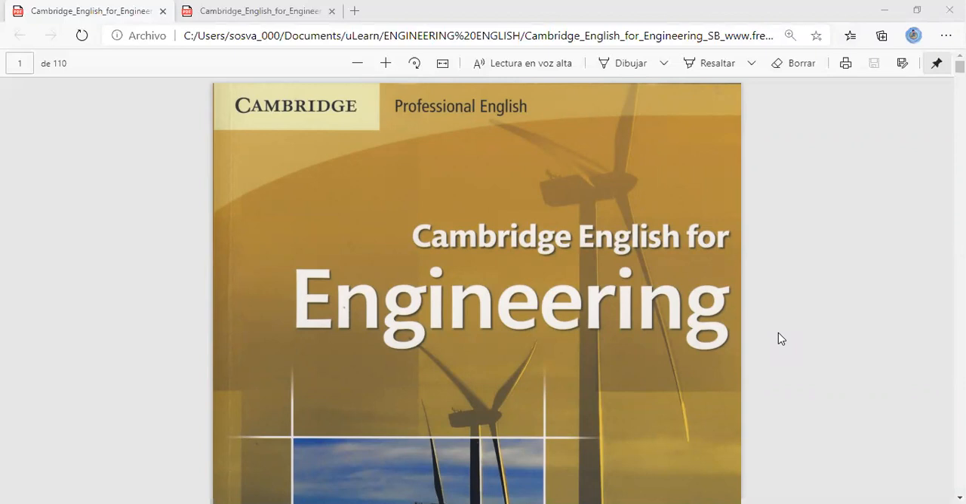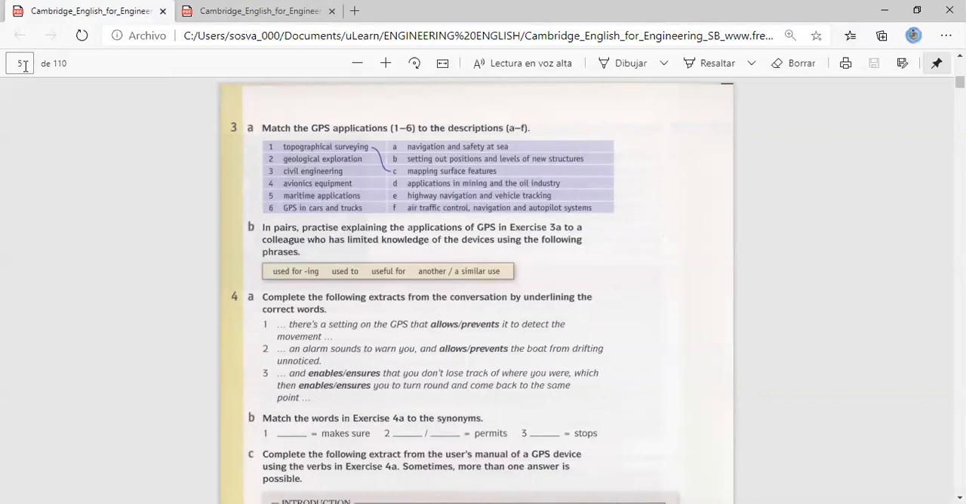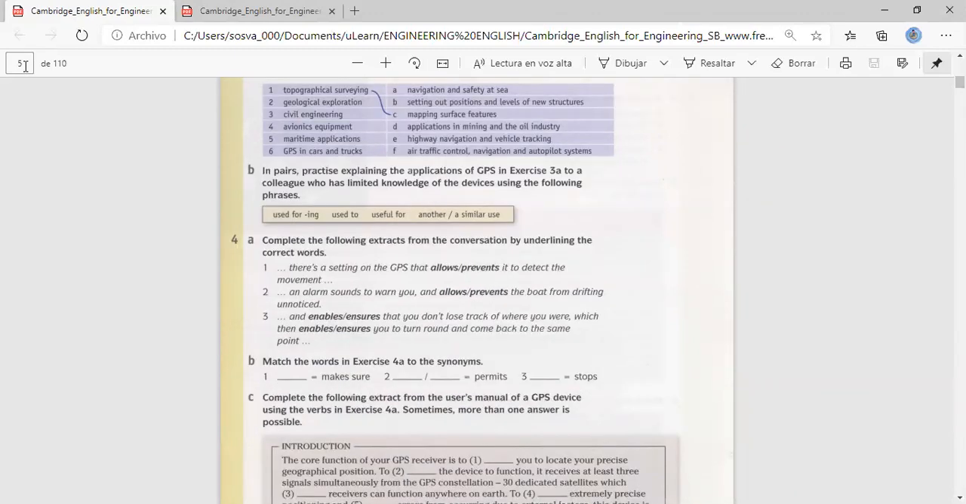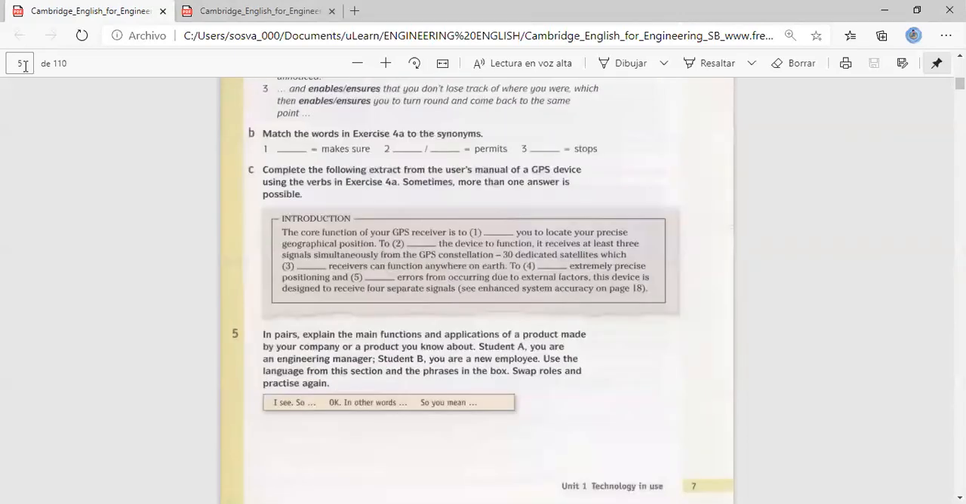Let's continue talking about the engineering profile in this book. You might remember that yesterday we talked about the technology in use, and we specified a little bit more, talking about the GPS and the GPS applications. We described different usages such as topographical surveying, geological exploration, civil engineering, avionics, maritime, and the GPS in cars, of course. And the next activity, the one that we finished yesterday,